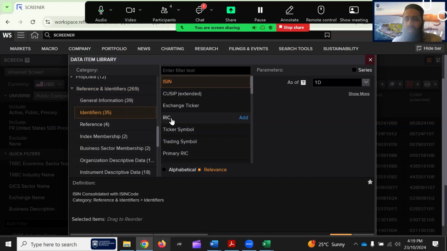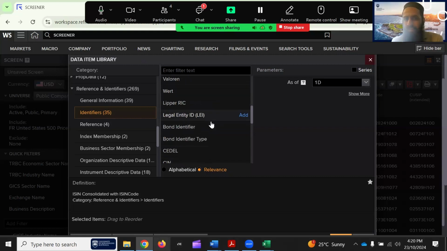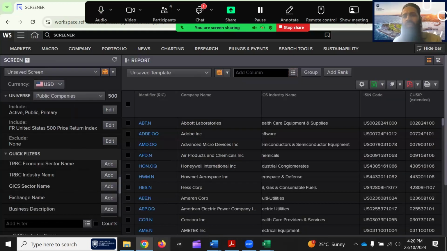They have RIC code. That's very important. Sometimes within the Refinitiv Workspace, you may not get ISIN if you use a different method. For example, loan transactions, the ISIN codes are not available there because the transaction level data is not available. Then maybe RIC or some other identifier you may need to link two different data sets from the Refinitiv Workspace. Ticker, yeah, just have a look on your own. But if you search here, it will also give you the suggestion. But you can also launch the data library. So now we are done with basics. We have got the company name, their RIC identifier, ISIN code, CUSIP.